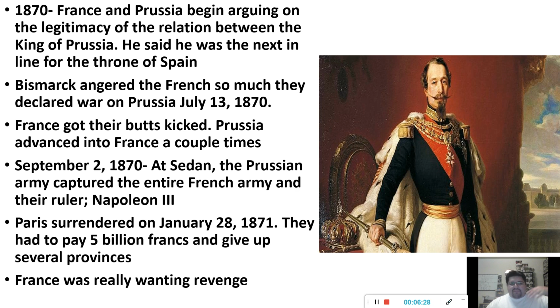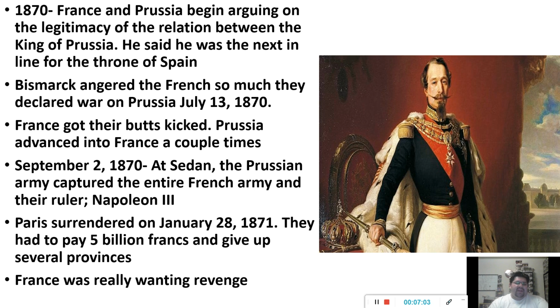And then those two would have a kid, and that kid might marry, let's say it's a boy, the daughter of another country way over here. So there's a lot of royalty, you know, let's marry them. The problem was, it came down to legitimacy: who's going to be the next king? What's the lineage? And this is a problem that happened in 1870, where France basically said the Prussian leader,